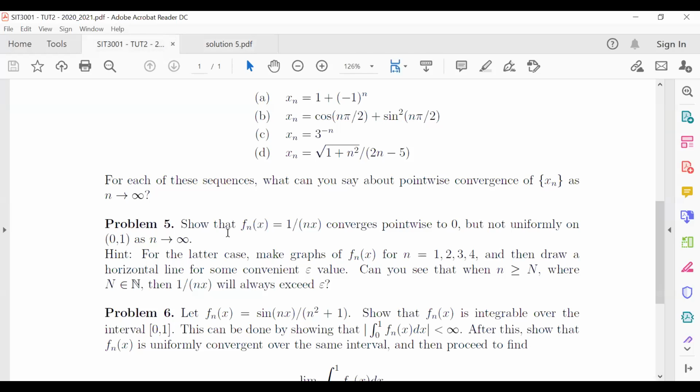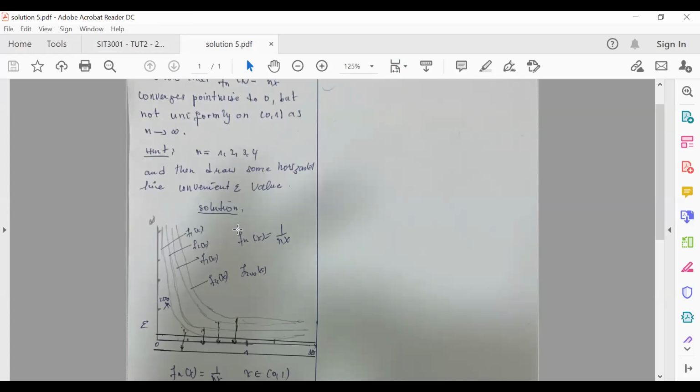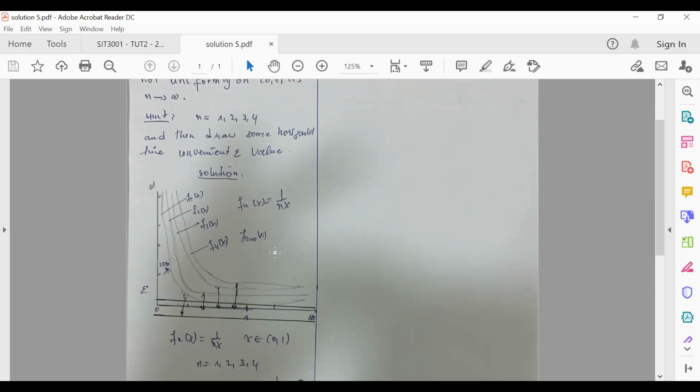The problem says to show that fn(x) equal to 1 over nx converges pointwise to 0, but not uniformly on (0,1) as n goes to infinity. And then the hint is n = 1, 2, 3, 4. Then I have to draw the f of these n values. Here the solution: this is f1 of x, I draw here f2 of x, f3, then f4 of x. Or fn of x is 1 over nx, which is